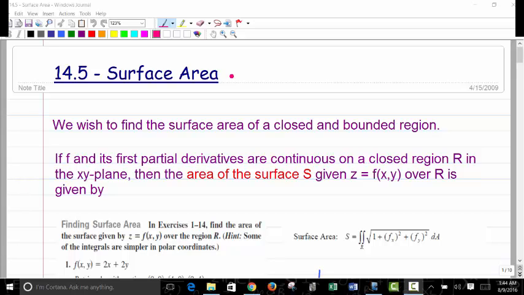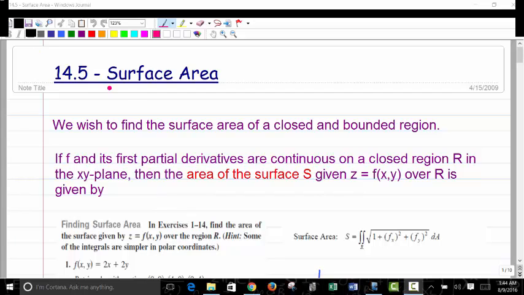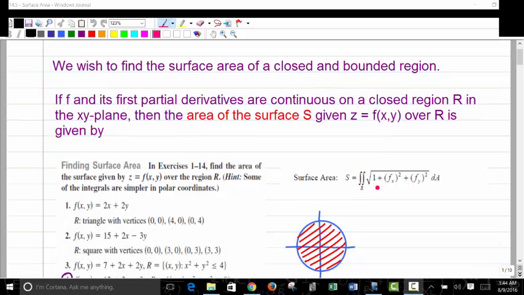In this video, we're going to be looking at using multiple integration to find surface area of a closed and bounded region. Now let's scroll down here. So if the function f and its first partial derivatives are continuous on a closed region R in the xy plane, the area of the surface, given that z equals f of xy over that region R, is,